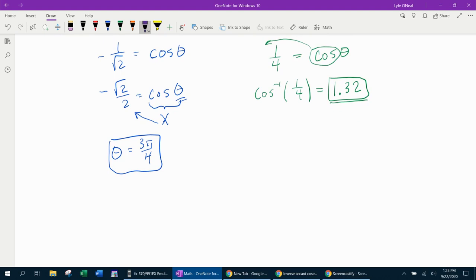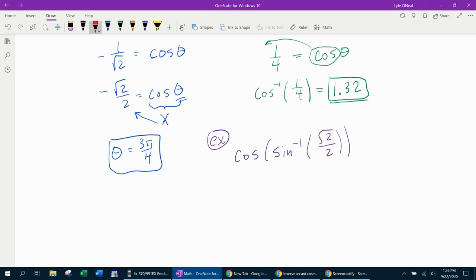And this time let's go with purple. Example. Let's say we have the cosine of the inverse sine of square root of 2 over 2. How do we tackle this problem where we have composite trig functions, okay? So for this example, the first thing we need to do is